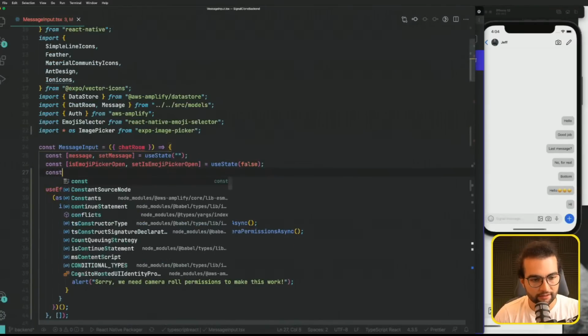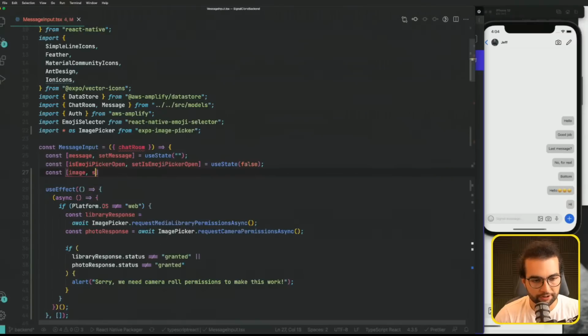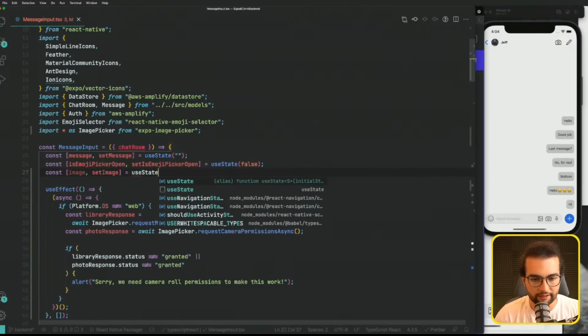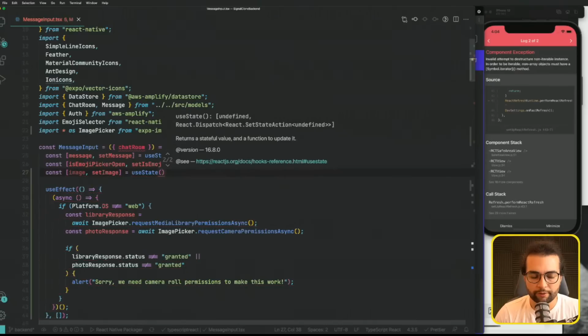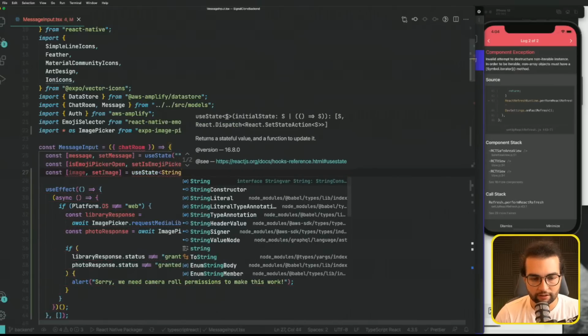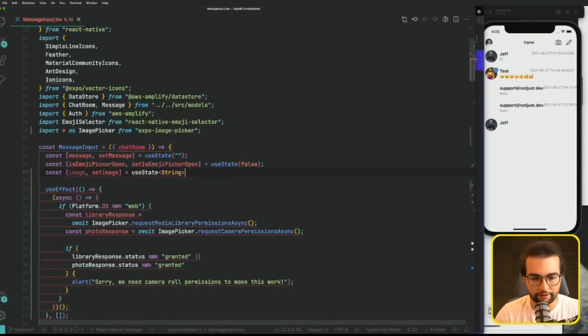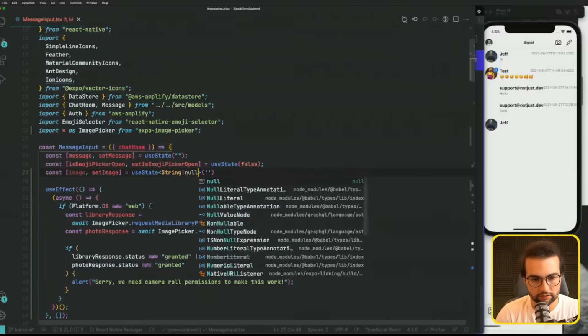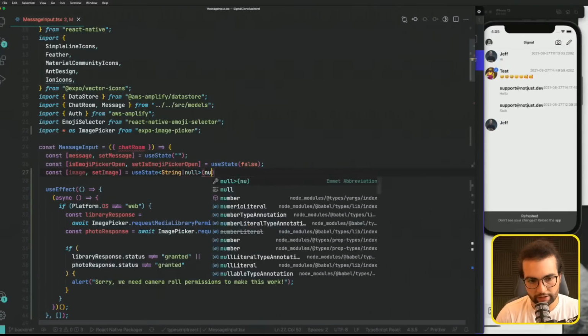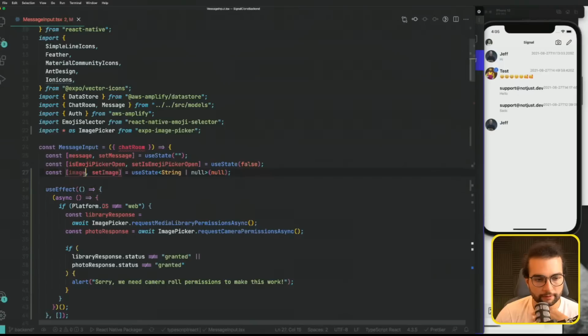Let's define this state, const image, set image, use state. The URL will be a string, and initially we can declare it as string or null. Let's do it like this. And initially it's gonna be null. So we set the image, and then